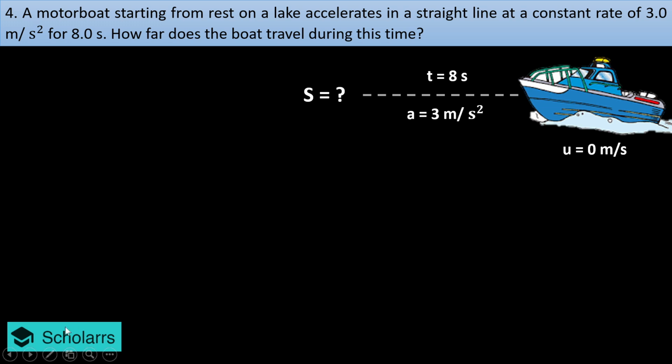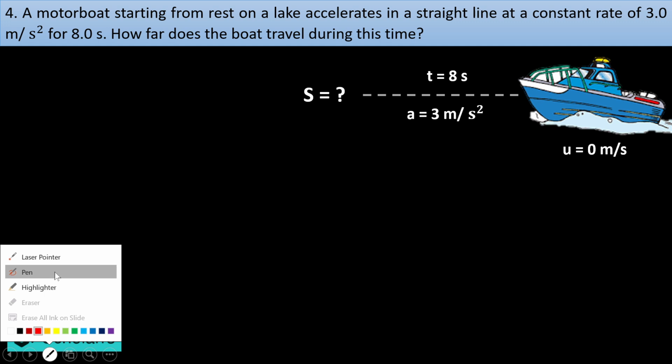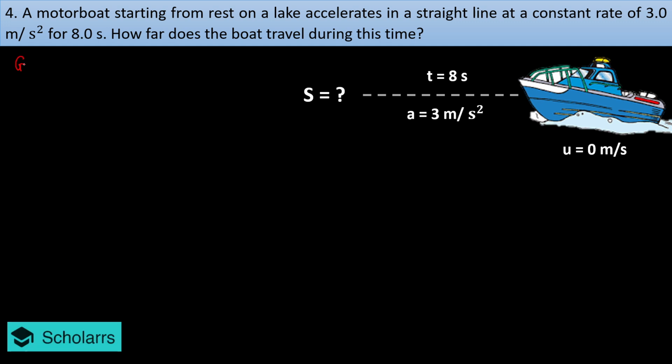So how to solve these kinds of sums? Yes, steps are almost similar. The very first thing we are supposed to write is the given. What are the given terms? Initial velocity is nothing but 0 meter per second, as it was mentioned that it starts from rest. So rest means initial velocity is nothing but 0. Acceleration, how much is it? It is 3 meter per second square. Time period is 8 seconds, right? They are asking the displacement.